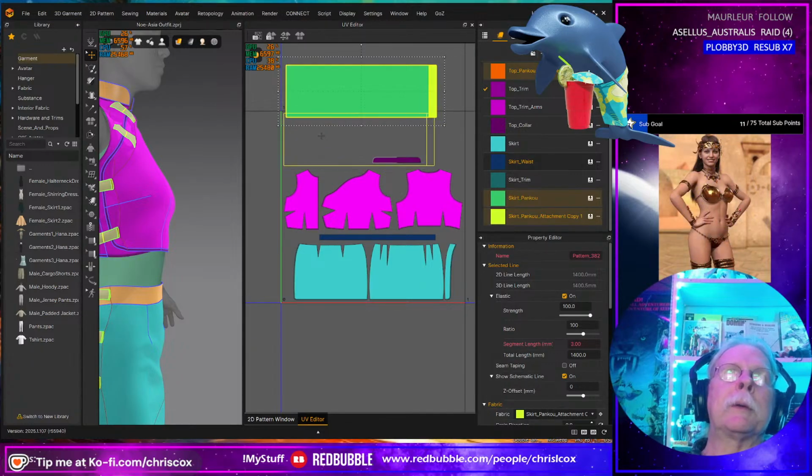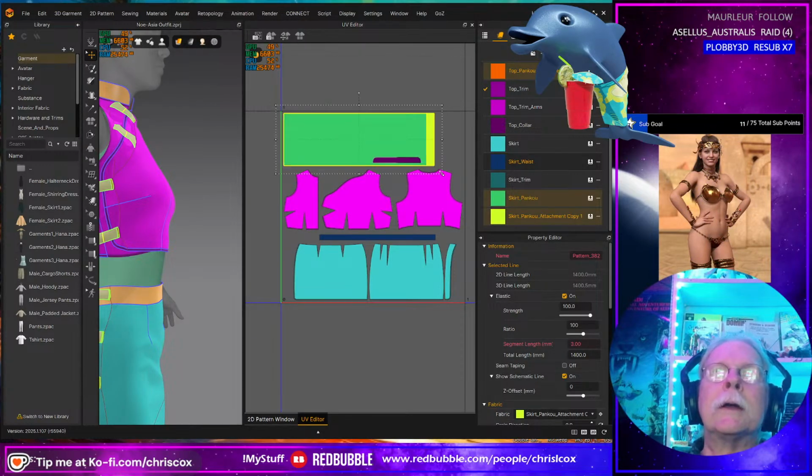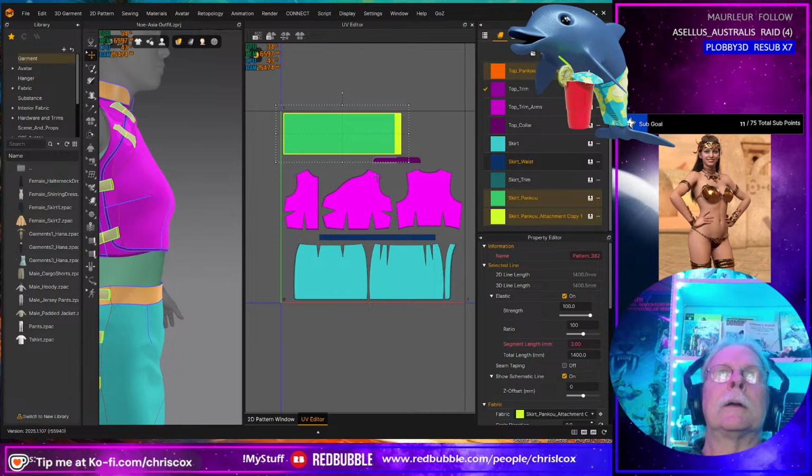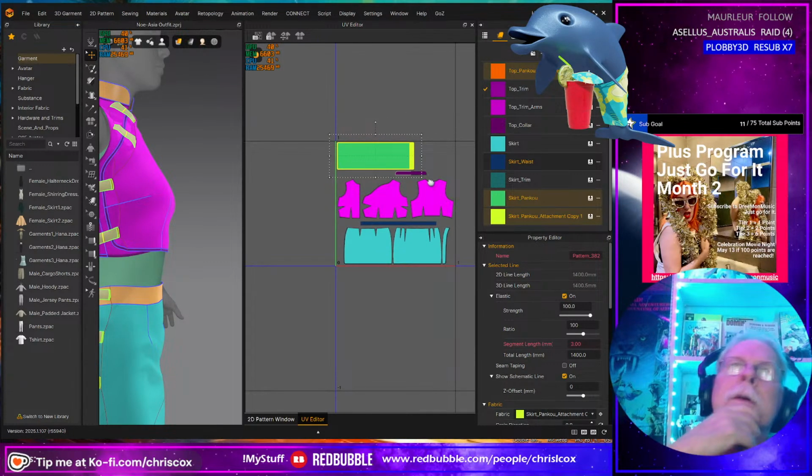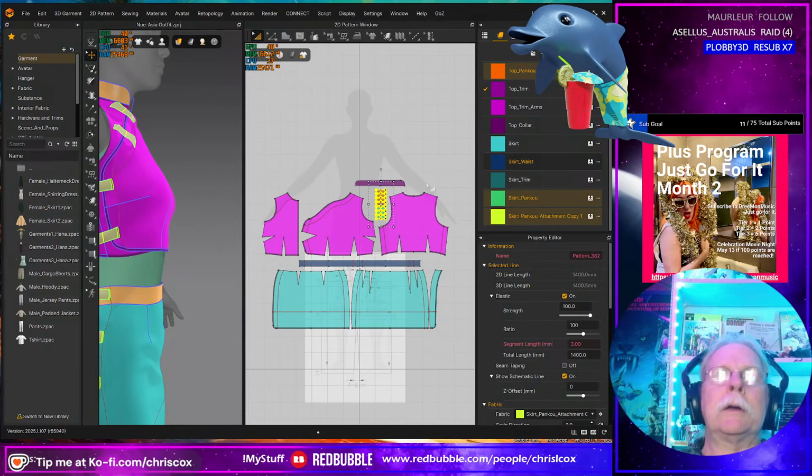I feel like half the time I click on it to move it, it doesn't. So I think I'm going to go with that. I think that'll be our UVs. So back into here, hit save.